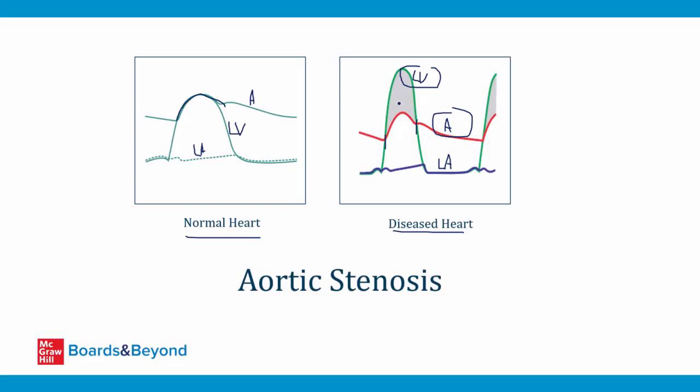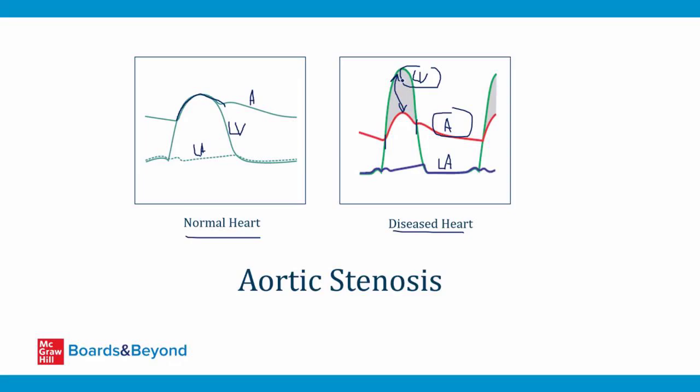The reason for this pressure difference, sometimes called a pressure gradient, is that the difference between the LV systolic pressure and the aortic systolic pressure exists because additional pressure inside the left ventricle is required to push open that stiff aortic valve and push blood past the resistance of